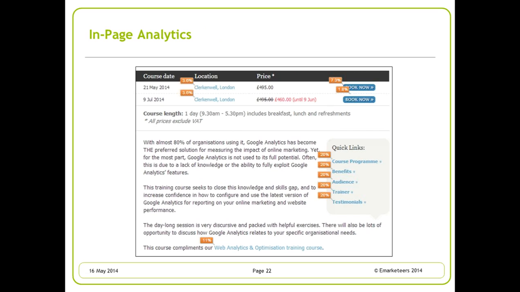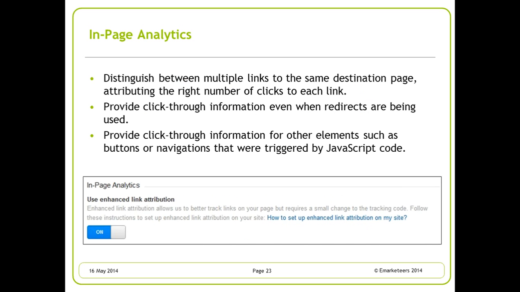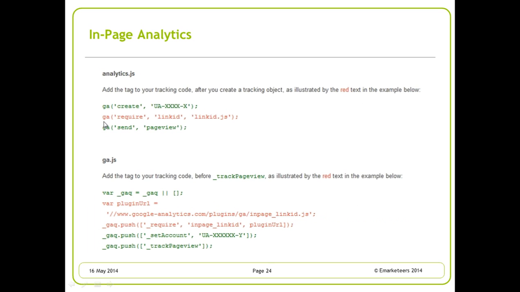A second code tweak that we can apply is in-page analytics. In-page analytics is the overlay version that you may have played around with already in Google Analytics. So the overlay basically tells you what percentage or how many clicks were made on different links on a specific web page. Now this can be quite tricky if you have highly dynamic websites. So what you need to do, again, in the admin interface, you need to switch this in-page analytics button to on. And secondly, you need to add one line of code in your basic tracking code.